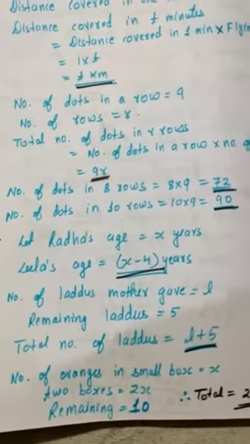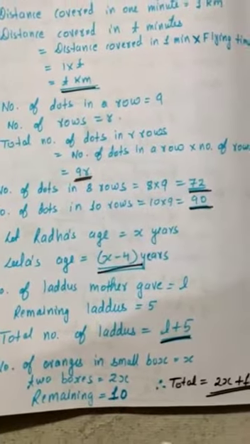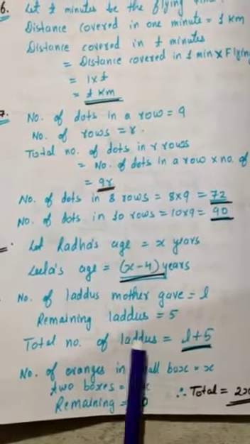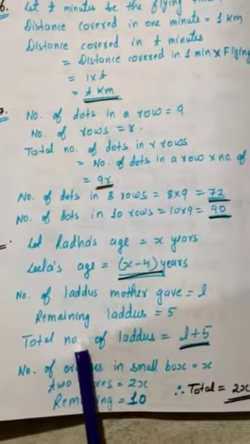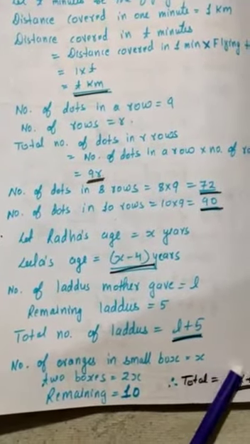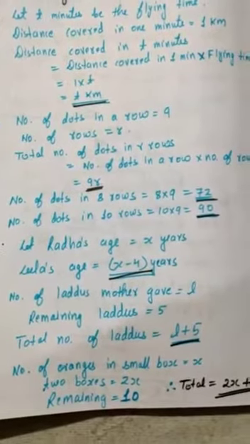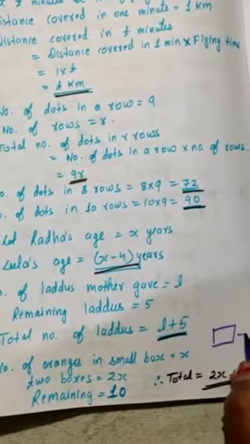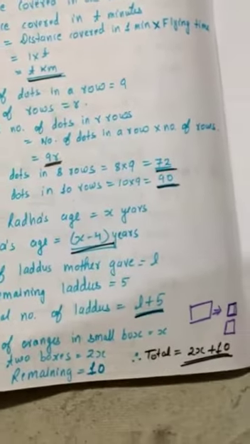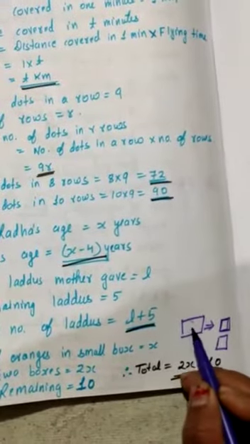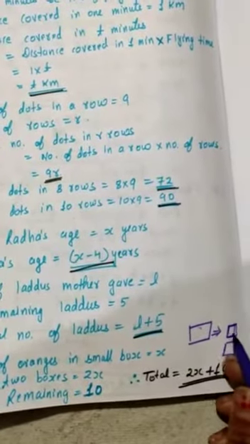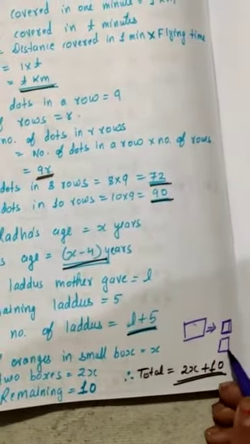Now the 10th question I just wanted to give you as homework, but let's just do it, and then the 11th question will be your homework, the last question of the exercise. Now oranges are to be transferred from a larger box into smaller boxes. एक बड़ा box है, in that box so many oranges are kept, you have to transfer them. Now what you are doing actually is putting them from a bigger box into two smaller boxes. Okay, two small boxes. So you can see the diagram, there are oranges in the bigger box and you have to transfer these oranges into two small boxes. These two small boxes are equal in size. तो जितने oranges एक में आएंगे उतने ही दूसरे में भी आएंगे.